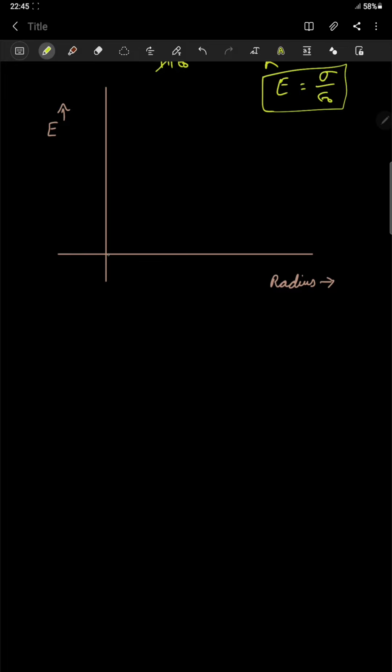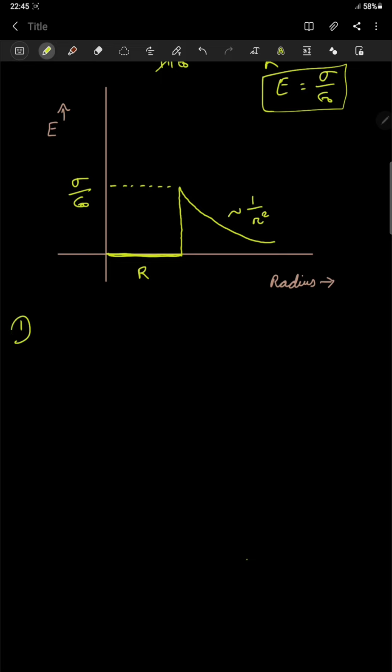Now you see, inside the spherical cell, the value is going to be 0, and it is 0 up to how much? Up to capital R. And on the boundary, what is its value? Its value on the boundary is sigma by epsilon naught. So this is sigma by epsilon naught. So once it increases, it falls down in this manner. Okay, so basically the graph for electric field and the radius will be 0 till capital R. On the surface it is sigma by epsilon naught, and after that it falls as 1 by R square.